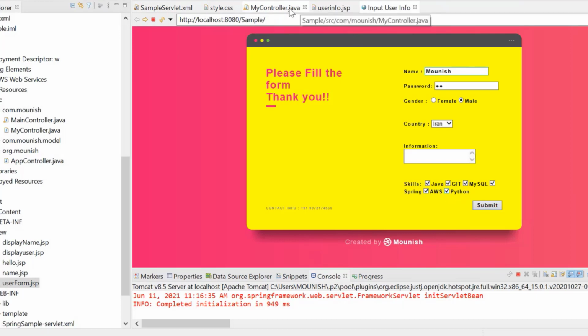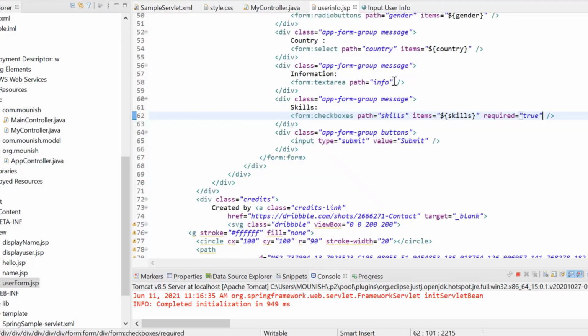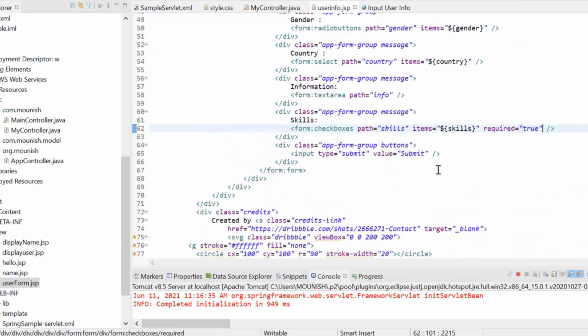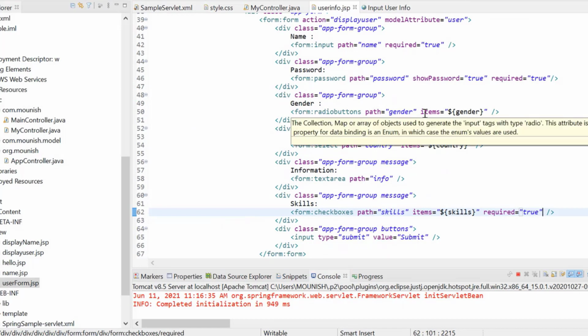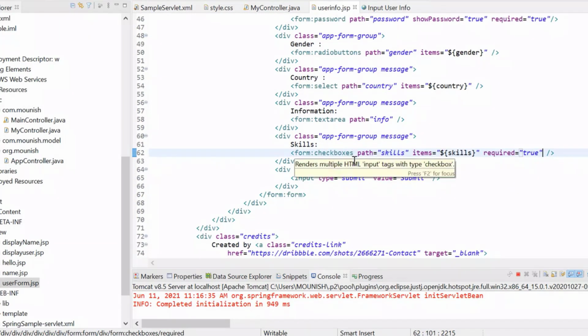Okay, or else in our JSP, yesterday I showed you how to do only single buttons for my gender, right? So the same way, instead of checkboxes, use a single checkbox and fill it up only for required. There may be a condition when you are applying for a job, you may be applying for a Java developer, and the required skills are Java, and Spring is compulsory. So if there is no Spring, then that means you can't apply for the job. For those kinds of things, you can put this required option.